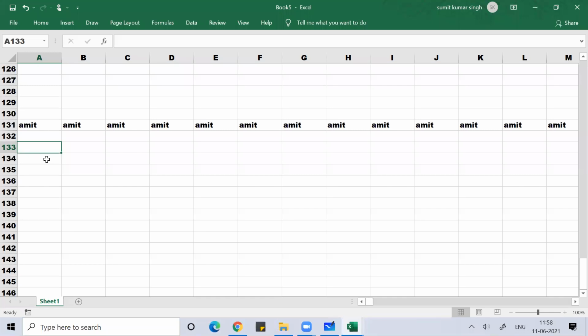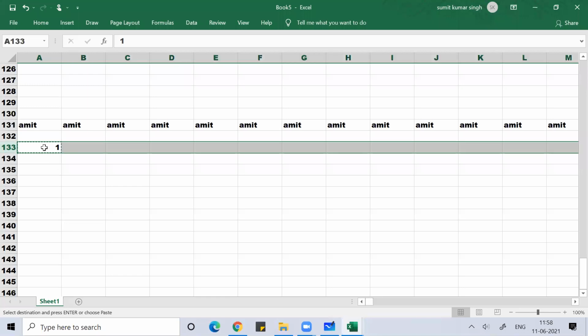I hope you're understanding. Imagine if I write 1. Now if I copy this, Kishore, this I'm doing for you. Column A, it doesn't matter which row you are in, you should be in column A. Copy that, Control C, then Control Shift right arrow, then Control V. Very simple, guys. Just copy it, Control Shift right arrow, Control V, you have to do.